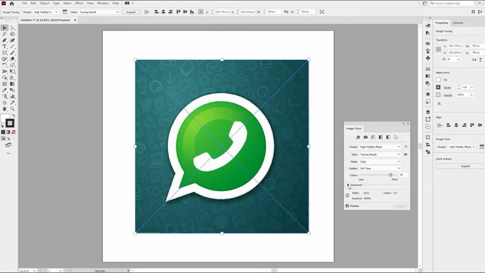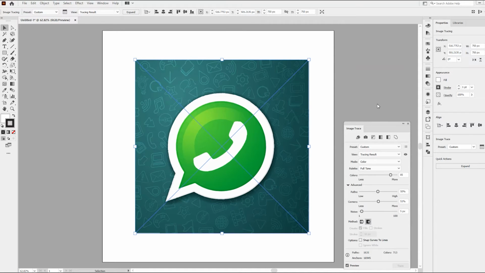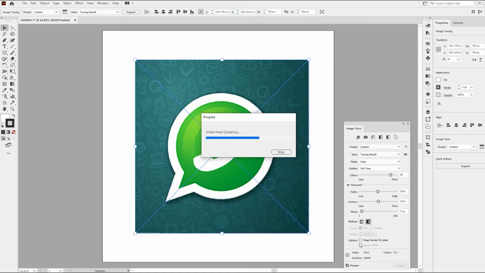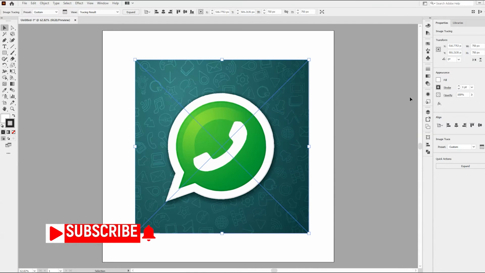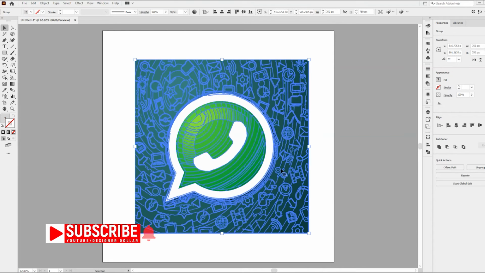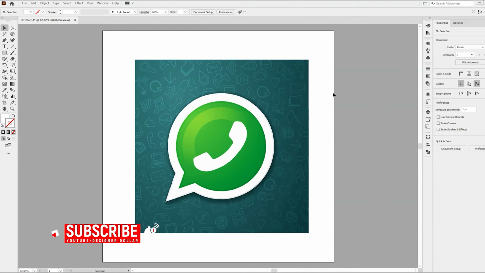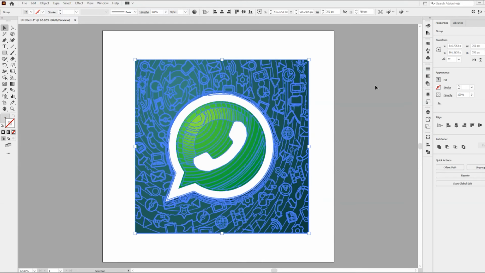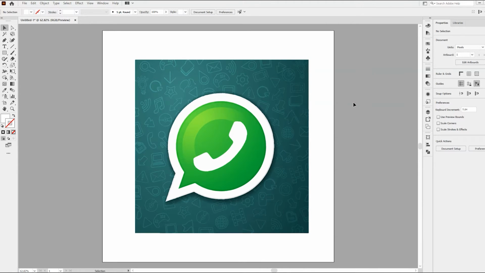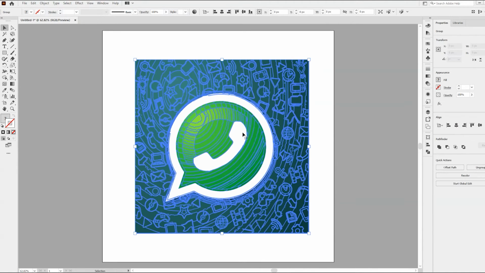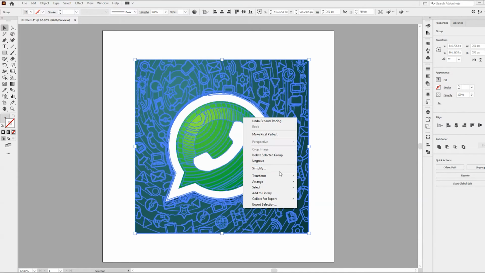That's great. And if you want to ignore the white portion, you can uncheck this option, but now it is disabled. Then click on Expand. Okay, nice. And now here is the trick. I don't say that this is very easy. You have to compromise with time to remove these portions, but it is quite easy to use. Then click on this object, then right click and Group.